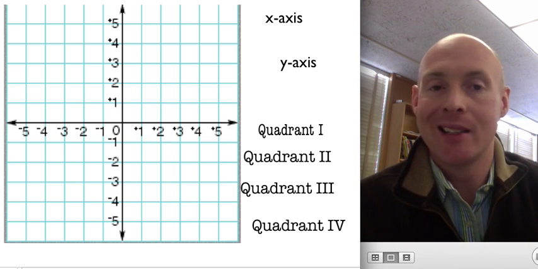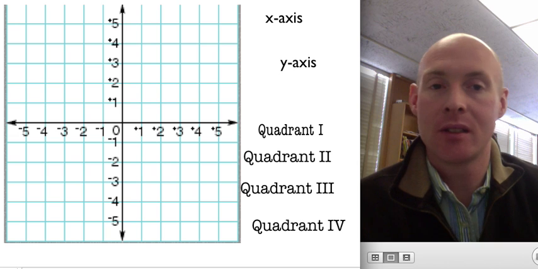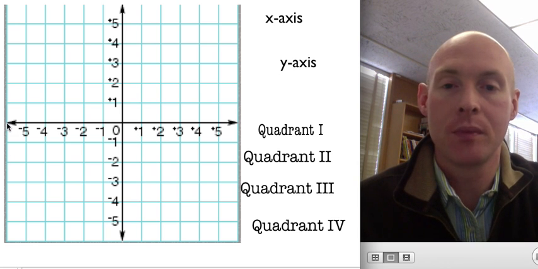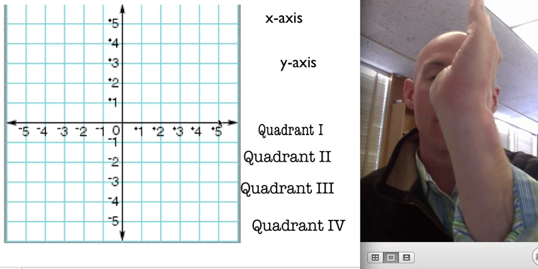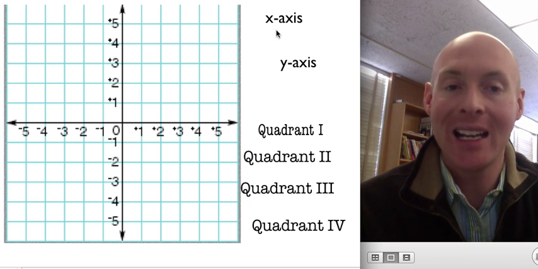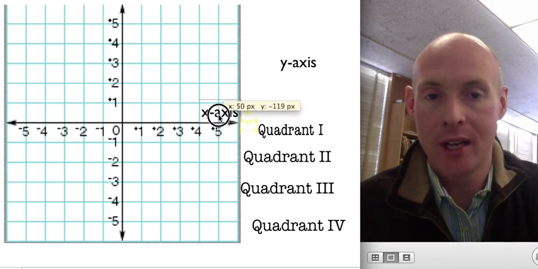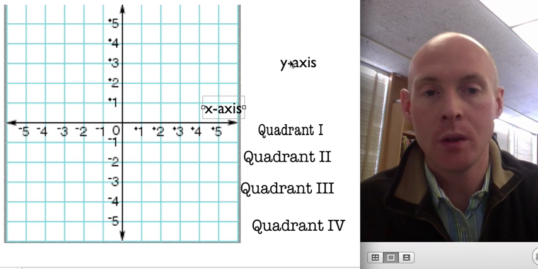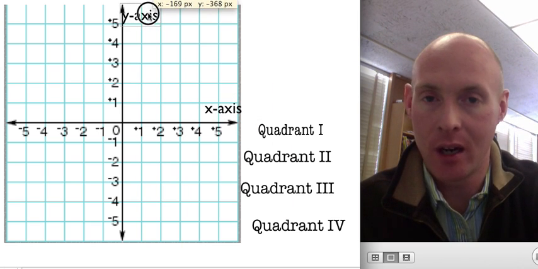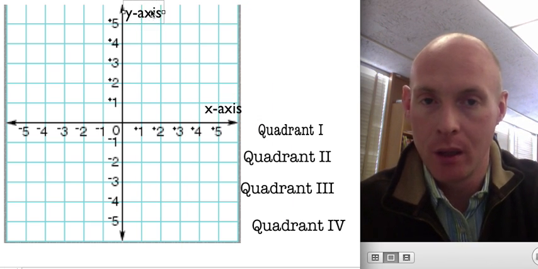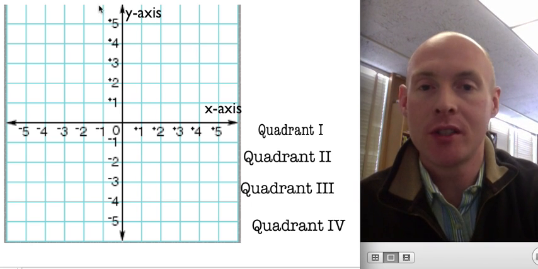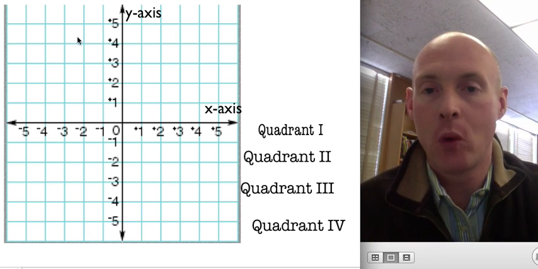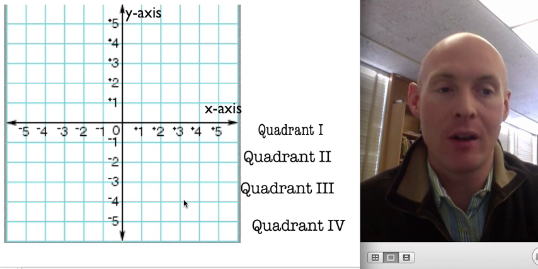First I want to look at is the x-axis and the y-axis. You'll notice that there's two lines, one of them being a horizontal line, the other one being a vertical line. The x-axis is our horizontal line. The y-axis is our vertical line, which I'll label those there. After you do that, what you'll notice is that the two lines form four different areas that we're going to